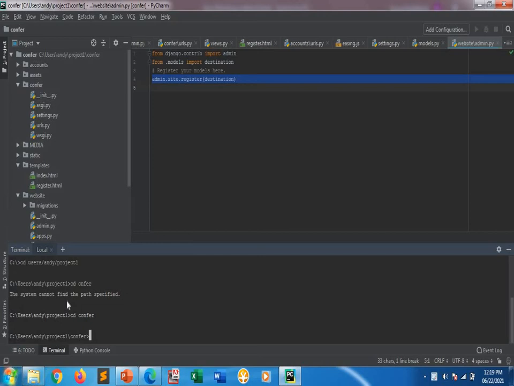Yeah, I have entered the particular project. So what is the next part? I should create an app. So how to create an app? As you know the command, that is